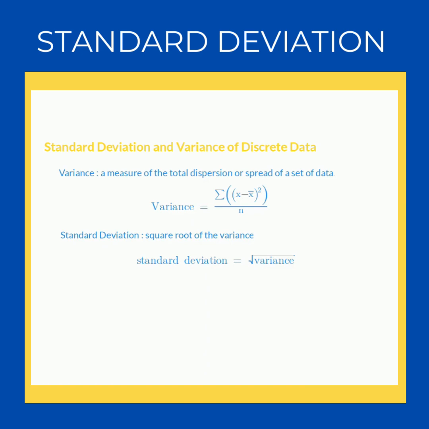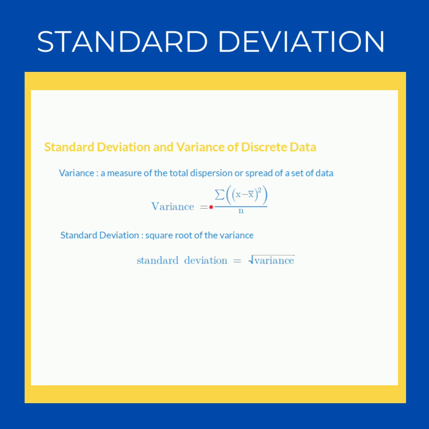The standard deviation and variance of discrete data. So this is the topic of today's lesson, and let's start with the variance. The variance is a measure of the total dispersion or spread of a set of data. It is a statistical measurement of the spread between numbers in a data set. The variance measures how far each number in the set is from the mean, and it's given by this formula,